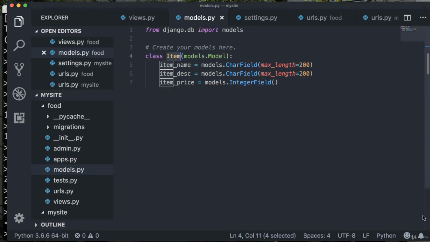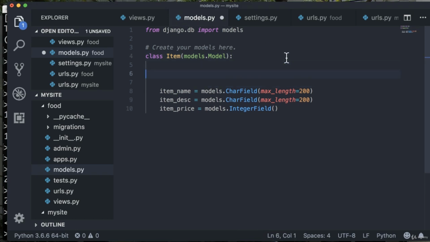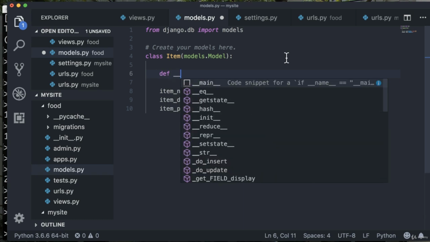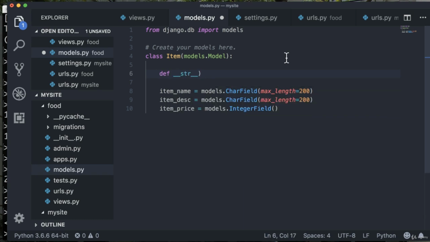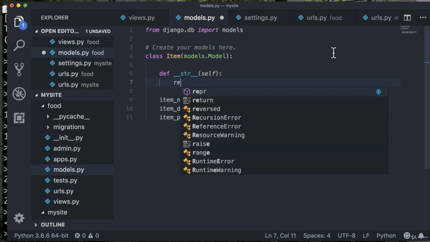To fix that, we need to define the string representation of this particular model in the models.py file. Here we need to explicitly mention that we do have some objects stored here, and whenever we want to retrieve those objects, we need to display them in a specific manner. We do that by using the __str__ method. So we can type in def __str__, pass in self here, and then we actually want to return the item name. So we'll type in return